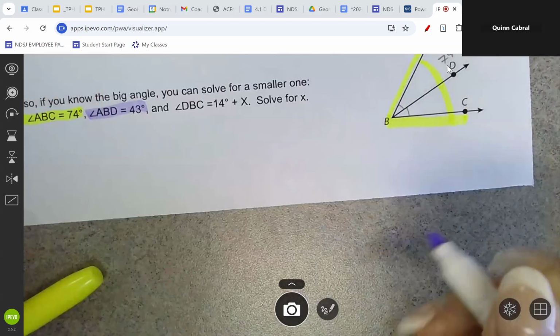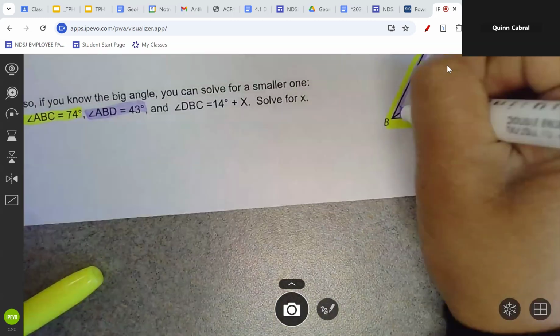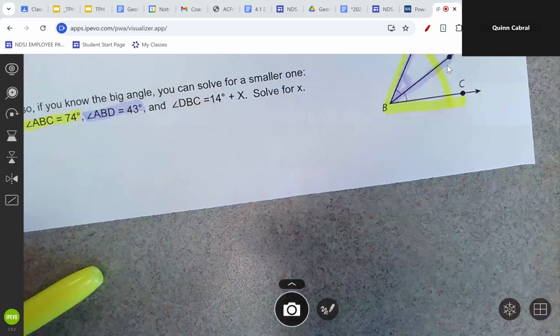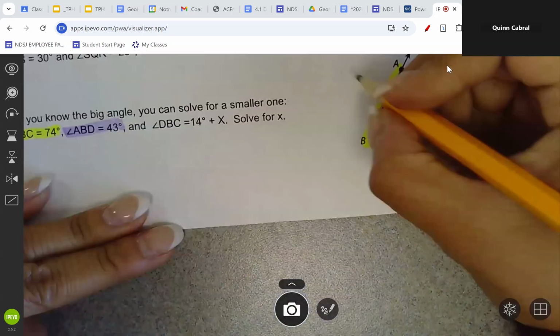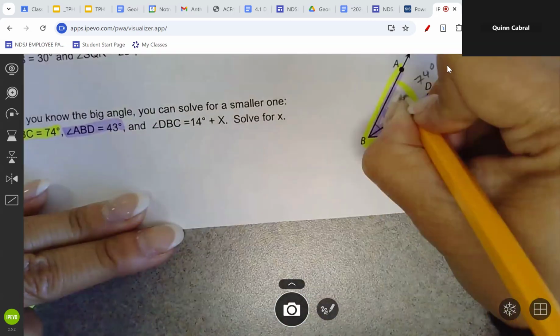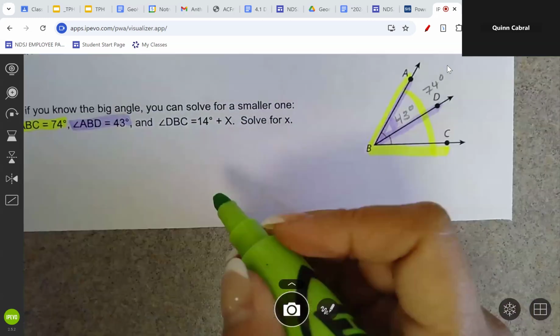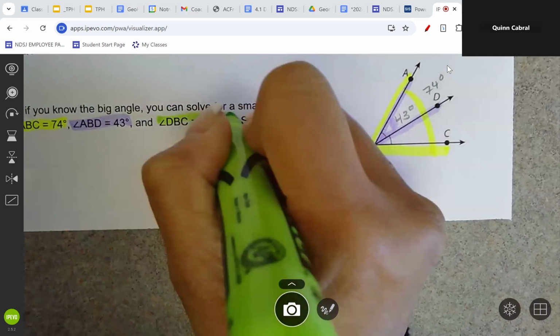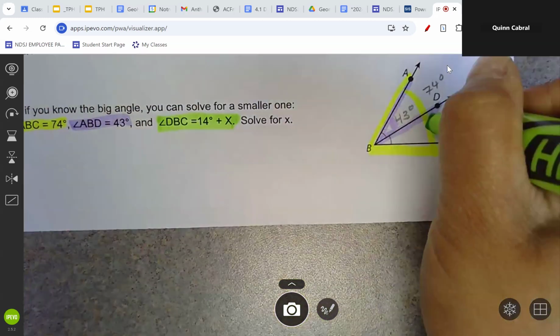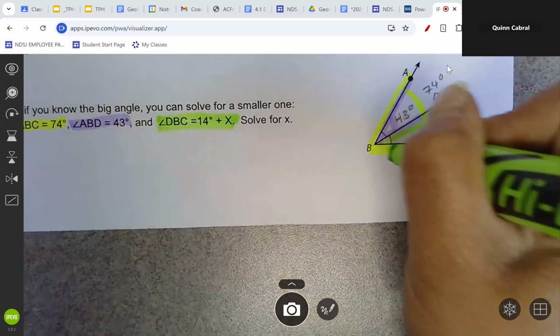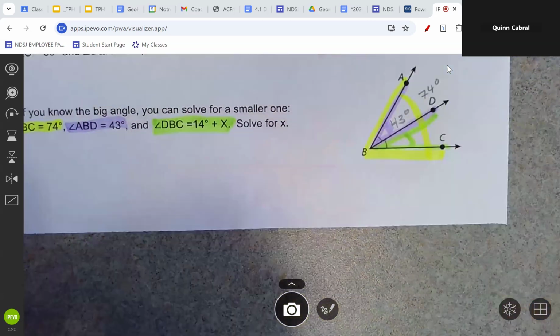Let's try that again. A to B to D. That's our 43 degrees. And then DBC, D to B to C. That amount there is going to be 14